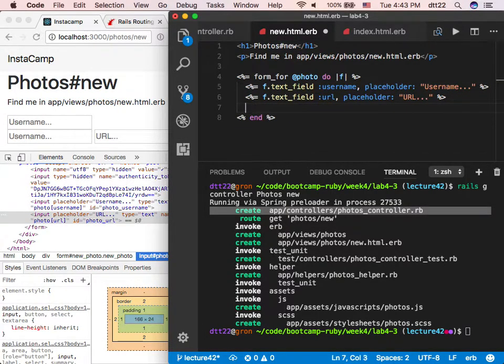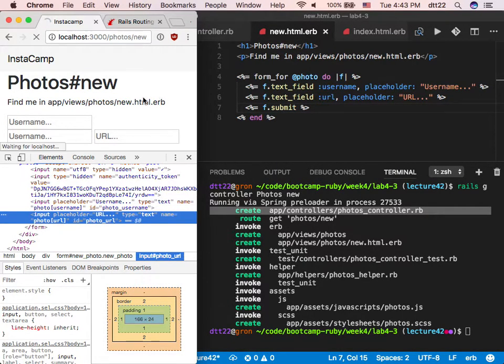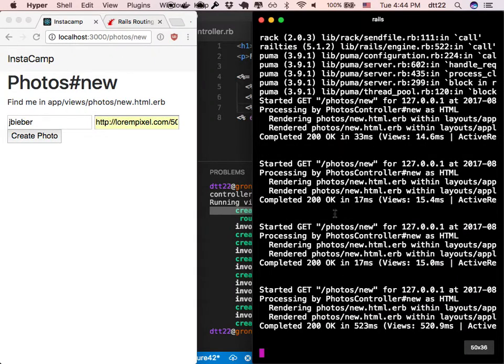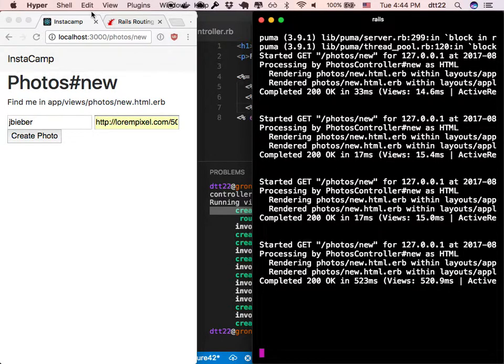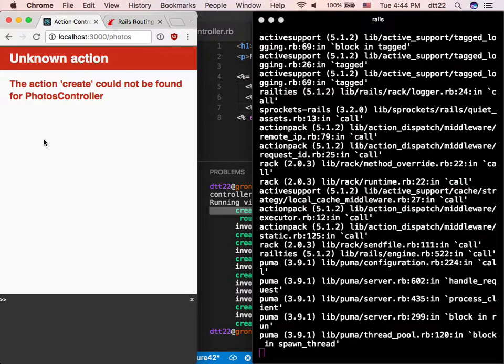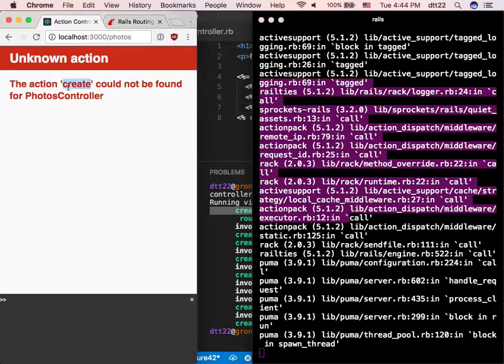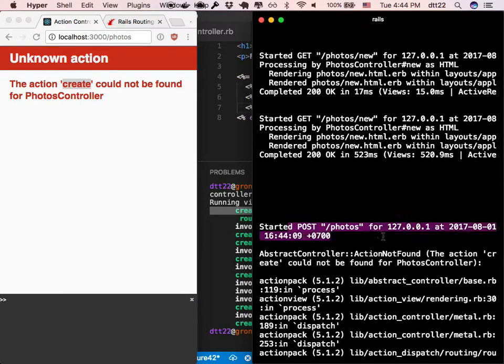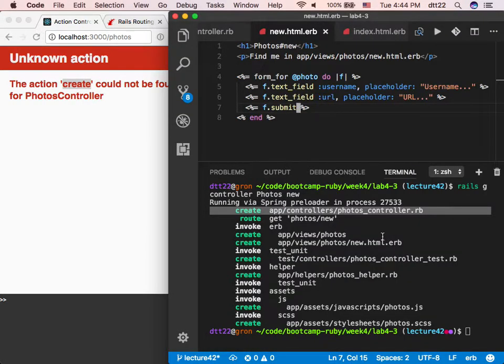I'm going to add a button here. I'm going to create a button and I'm going to type submit. So let's say Justin Bieber, add some sort of URL here like this, right? And I hit create photo. I'm going to pull the browser here, the log here for you guys to see. Hit create photo. And right now it says there's no create action. No problem. Let's go implement that. So it sent a post here and it just complains no create action. So let's go and implement